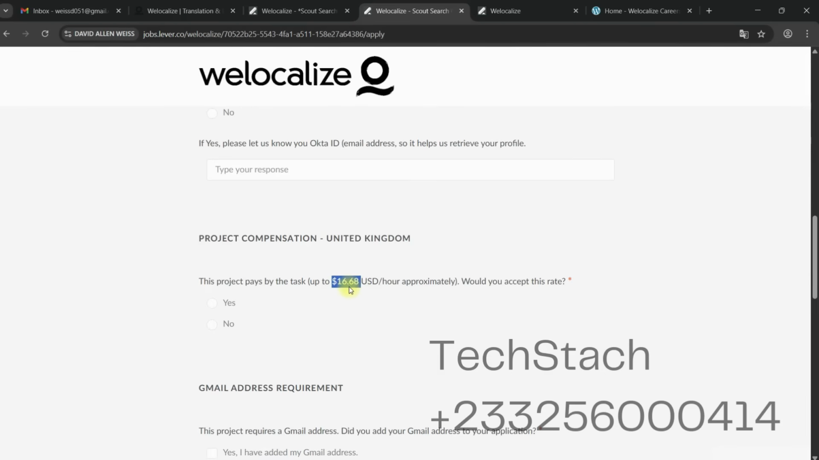Now let's try and do the same thing for the UK. For the UK, if you click on it, it's the same thing that you are going to see. So you apply, you choose everything, you